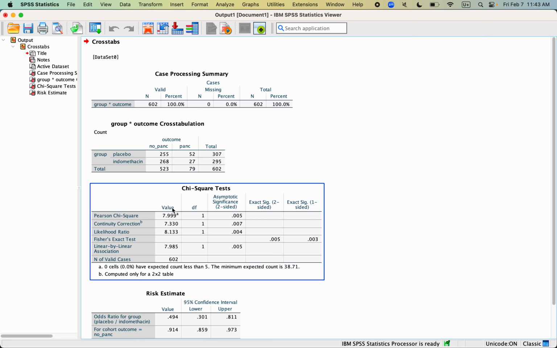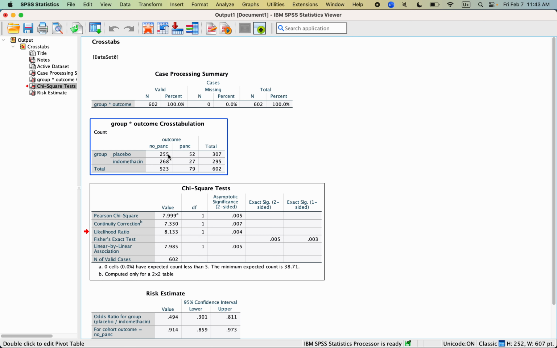So this is fine. What we're looking at now down here would be all the different chi-squared tests. So here's where we're actually comparing the proportions. And there's a lot of different outcomes here. If we had a really small sample, like if any of these squares here, the placebo group that didn't have pancreatitis, or those that did, or in the intervention group, how many of those didn't or did have pancreatitis. If any of these 4 cells right here had 5 or fewer counts in them, then we'd want to do one of these continuity corrections or the Fisher's